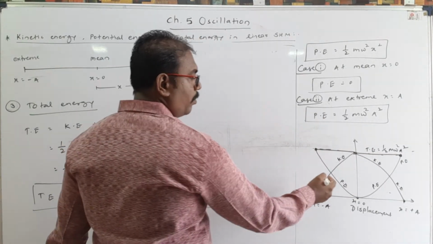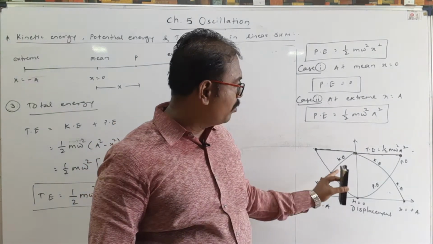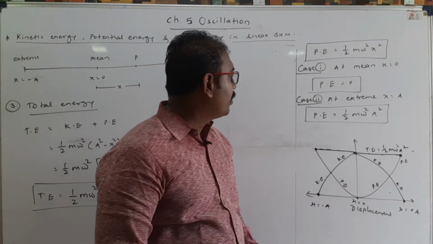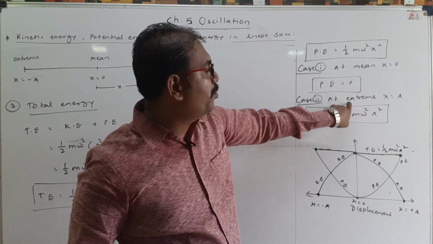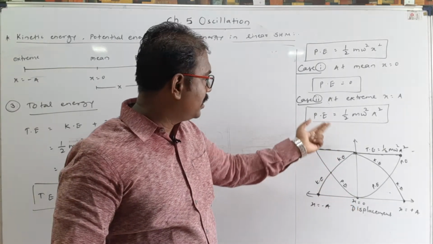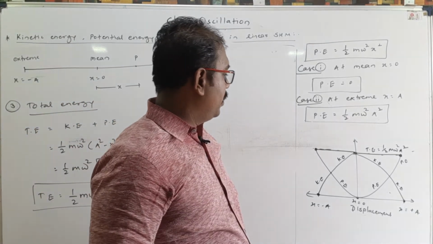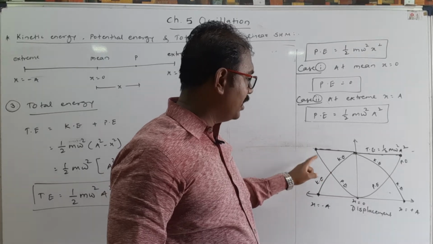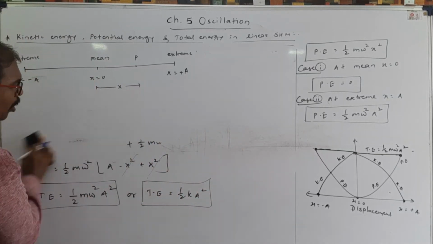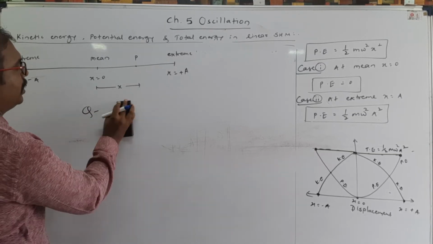Now at this point, the kinetic energy and potential energy lines intersect. It means that at this point both kinetic energy and potential energy are equal. So that displacement also we can find out. Also you can remember, at extreme position the potential energy and total energy both are the same. You can see the potential energy formula and total energy formula, they are the same. Okay. So at extreme, potential and total same, at mean, kinetic energy equal to total energy. Similarly, we can obtain here a displacement. If the question is asked, at what displacement